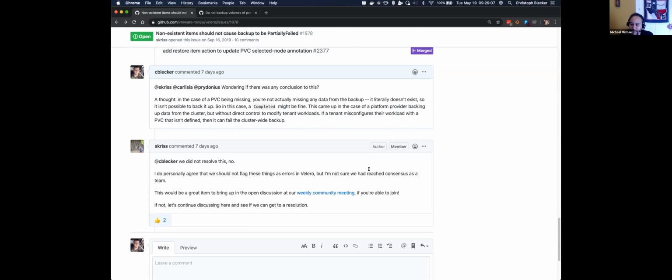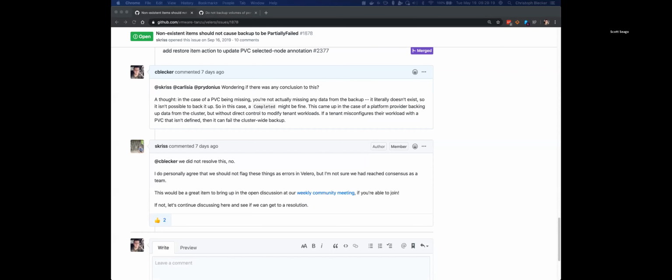I was just going to say, I've seen some similar things. I don't mind warning there. It makes sense, so you might want to warn the user, but if the backup succeeded in backing up what was there, that's a success. We also use it more in the context of migrating from one cluster to another. If you're migrating from cluster A to cluster B, and you had a pod referencing something that didn't exist, it's not currently functional in cluster A. When you migrate to cluster B with the backup and restore,